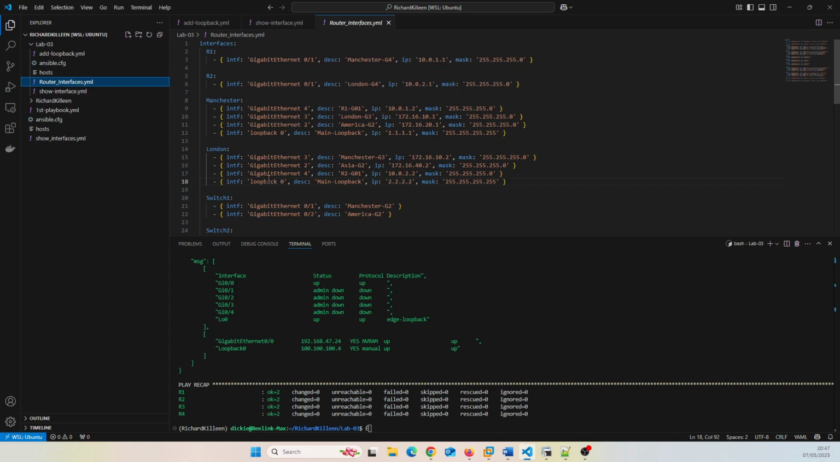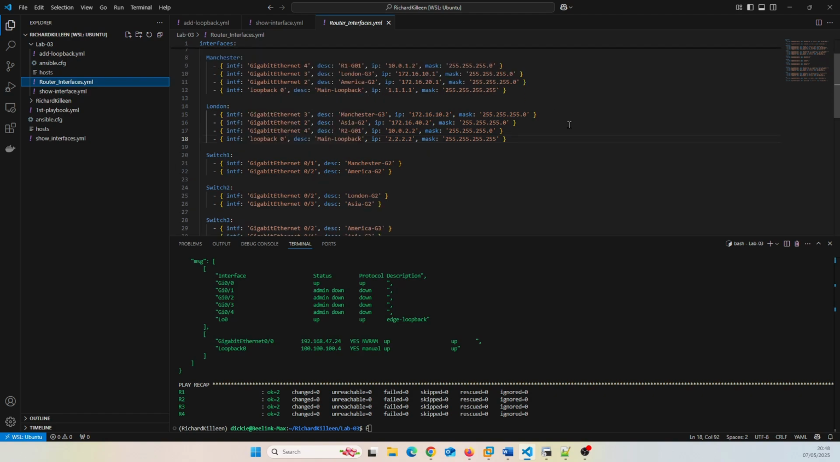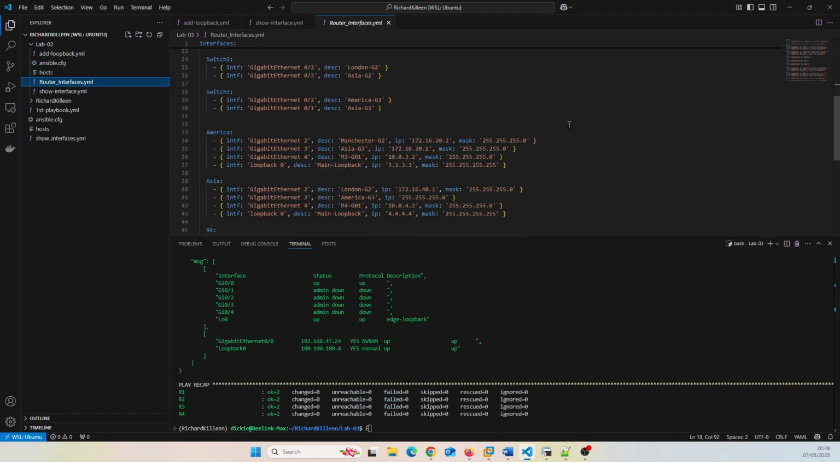it's not a problem. So we can see that we have interface. We have the names GigabitEthernet 0/1, 0/2, GigabitEthernet 4, etc. You have to type it in this way, and you have to make sure you put a space between the name of the interface and the actual interface number, otherwise you'll get a failure. I put a description in there for each interface. I put an IP address in there and a subnet mask,